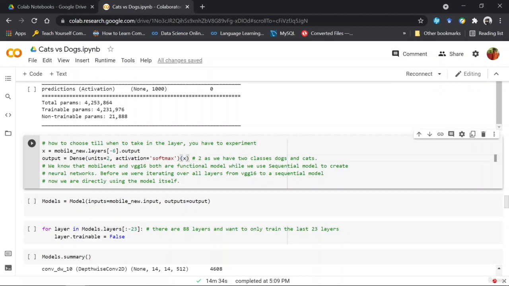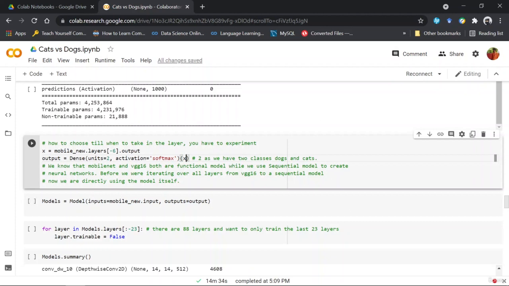Now we know that MobileNet and VGG16 are both functional models, while we use the sequential model to create neural networks. Before, we were iterating over all the layers from VGG16 into a sequential model; now we are directly using the model itself. When we were building our own model, we were going over each and every layer, training it again and again for all the epochs.